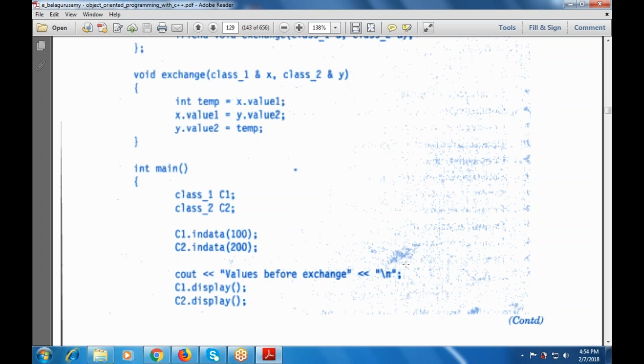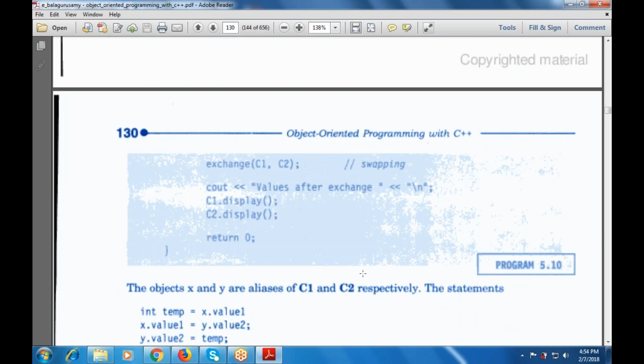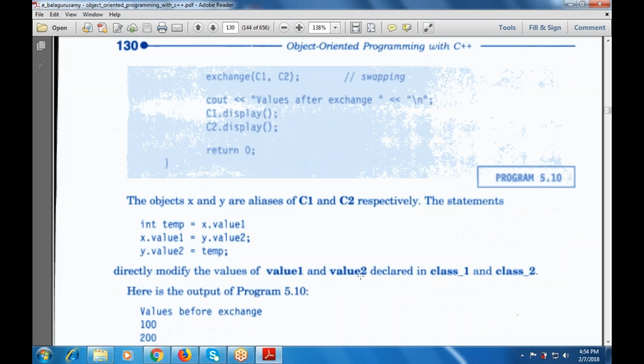And then there is the int main, class 1 c1, class 2 c2, c1 dot in data 100, c2 dot in data 200. So there are two values, and the values before exchange are shown by c1 dot display and c2 dot display. Then exchange will be used with c1 and c2. So cout values after the exchange, then c1 dot display, c2 dot display, and these objects x and y are the aliases of c1 and c2 respectively. So in the function, temp equals x dot value 1, x dot value 1 equals y dot value 2, and y dot value 2 equals